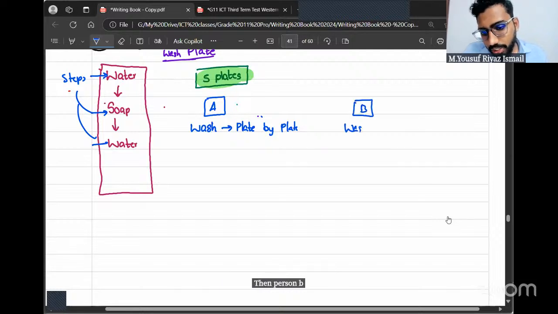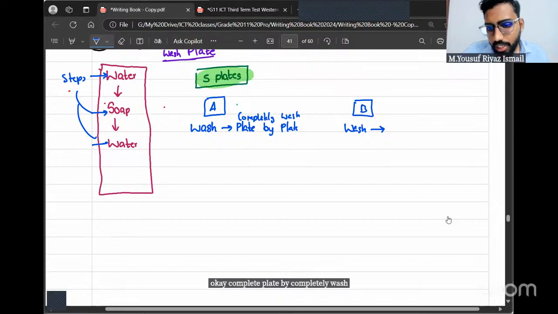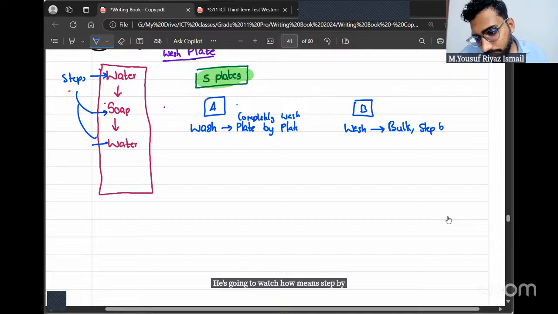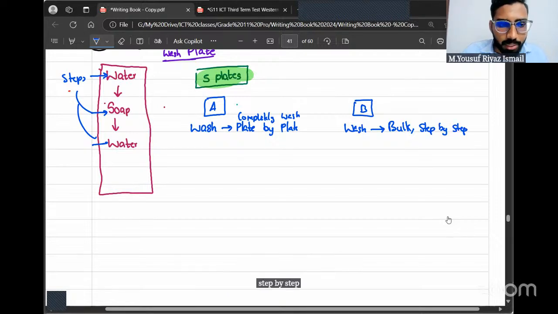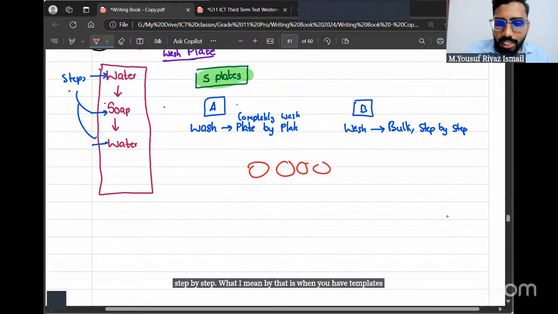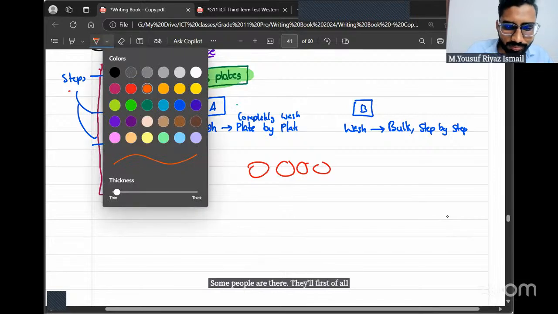he is not going to wash plate by plate. Person B is going to wash in bulk, step by step. What I mean by that is when you have 10 plates, some people will first take the first plate.